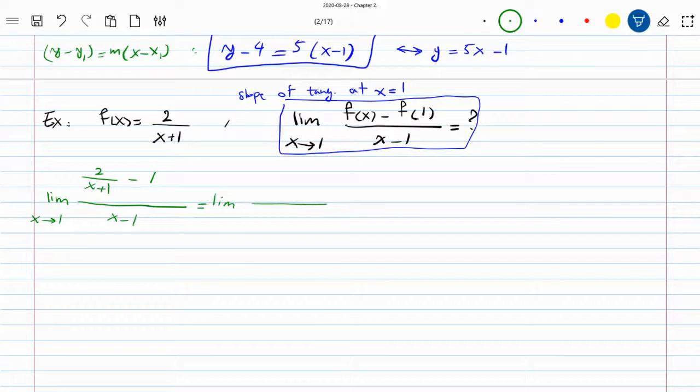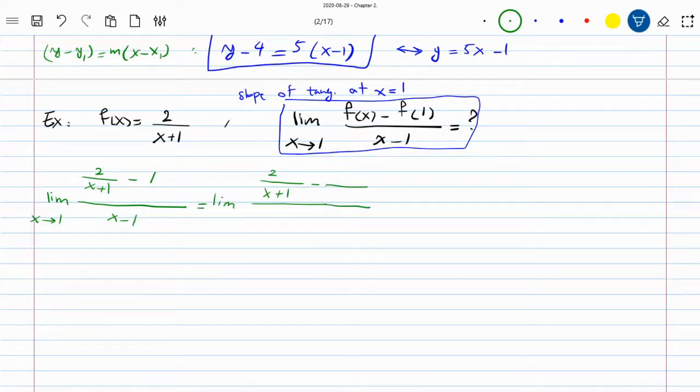There are multiple ways to simplify this. I recommend first doing a common denominator in the numerator. So what you get is 2 divided by x plus 1. You do that step by step as well. Minus